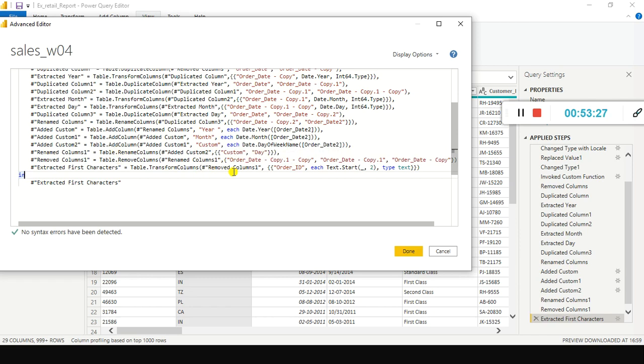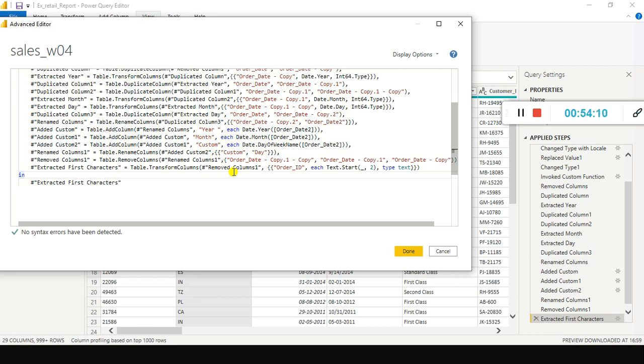Rename columns. See, in the interview they'll ask you what M language functions you used. So in the M language there are 4 categories, common categories. One is date dot year, date dot month, date dot end of month. Similarly, in the case of text, there is text dot middle, text dot start, text dot remove is also available, right? Text dot before delimiter, and similarly the table related operations. If you want to rename a column or transform a column, table dot rename column, table dot duplicate column. These are the functions available. You can tell them like this.